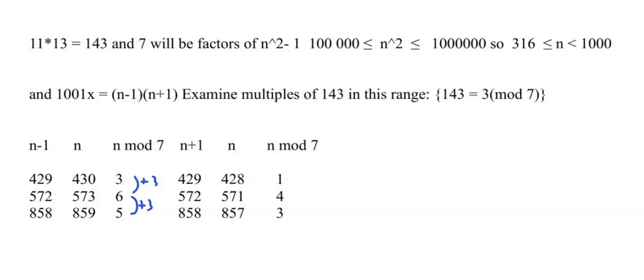And then if the candidates for n plus 1 are also 429, 572 and 858, therefore the candidates for n which this generates are 428, 571 and 857, and we can just take 2 off each of these numbers to get the n's mod 7, which are 1, 4 and 3. Now I said earlier that n will be congruent to 1 or 6 mod 7, and so we have 2 candidates for n, which are 428 and